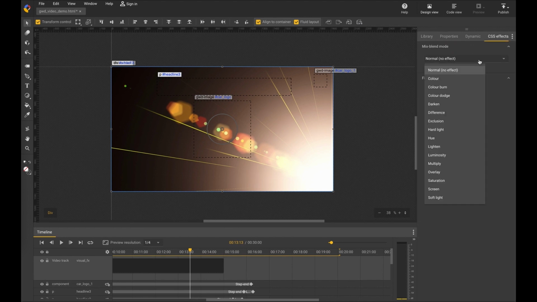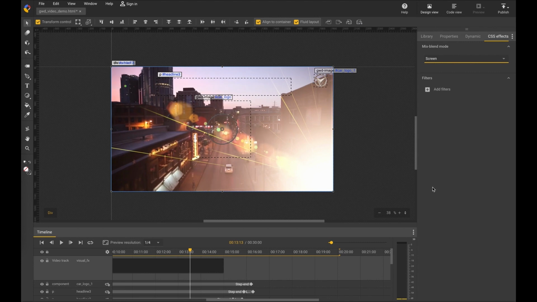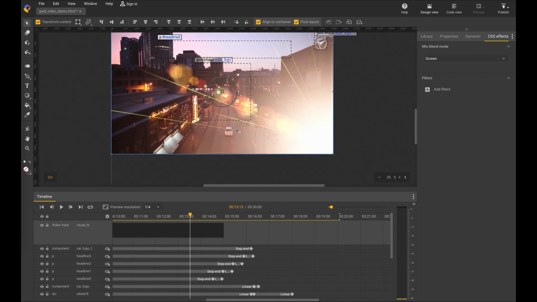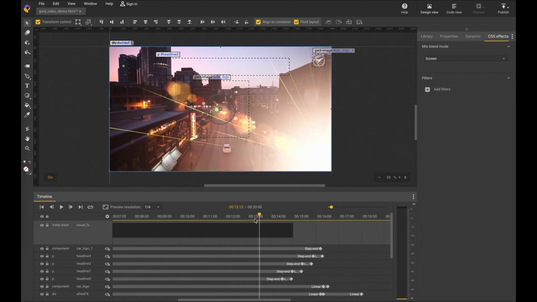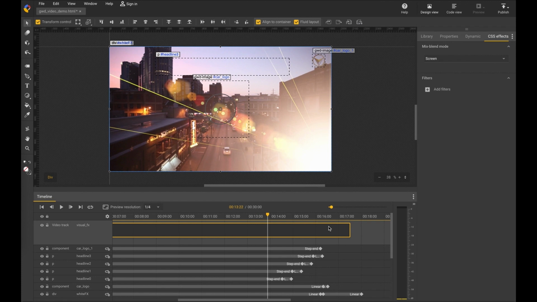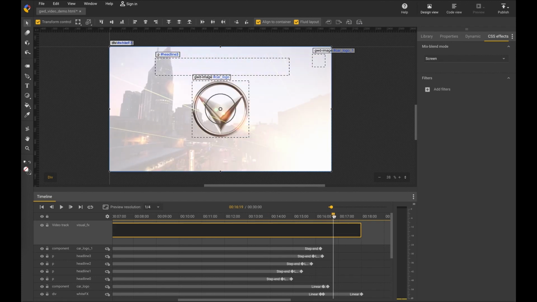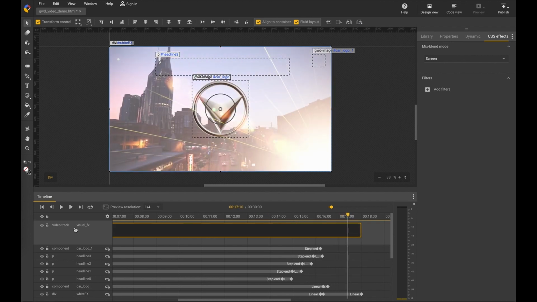For the CSS effects, I've chosen now the screen, as you could see. Apply the visual effect on the main layer here. And let's move the special effect so it doesn't stop before the video finishes. Also, it shouldn't cover the logo, by the way. So let's put it down.